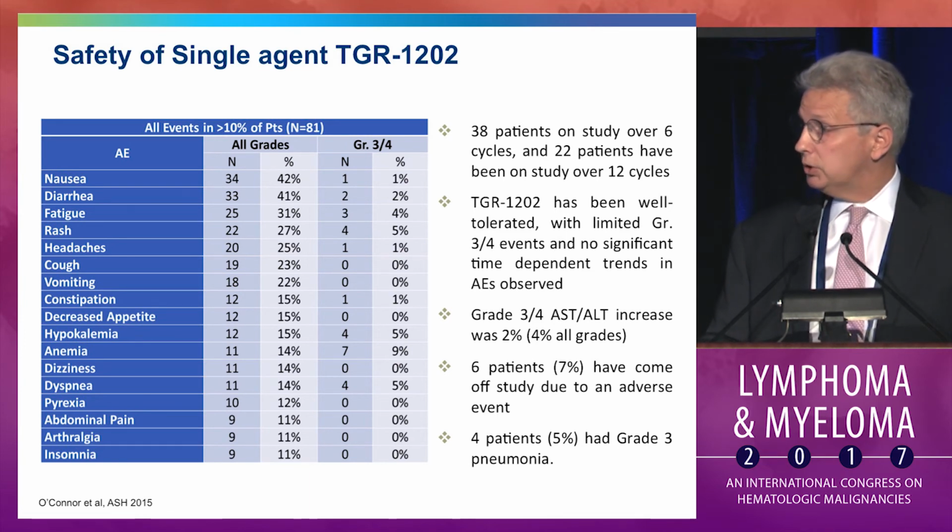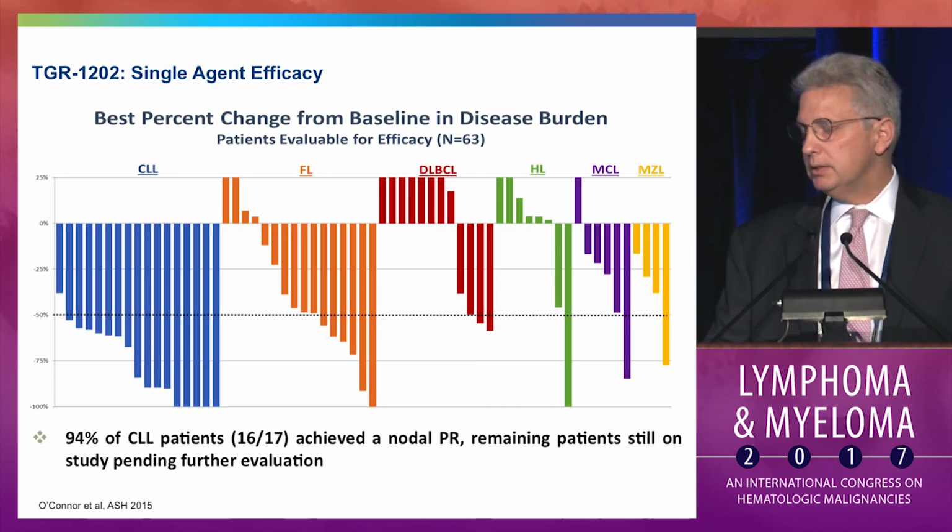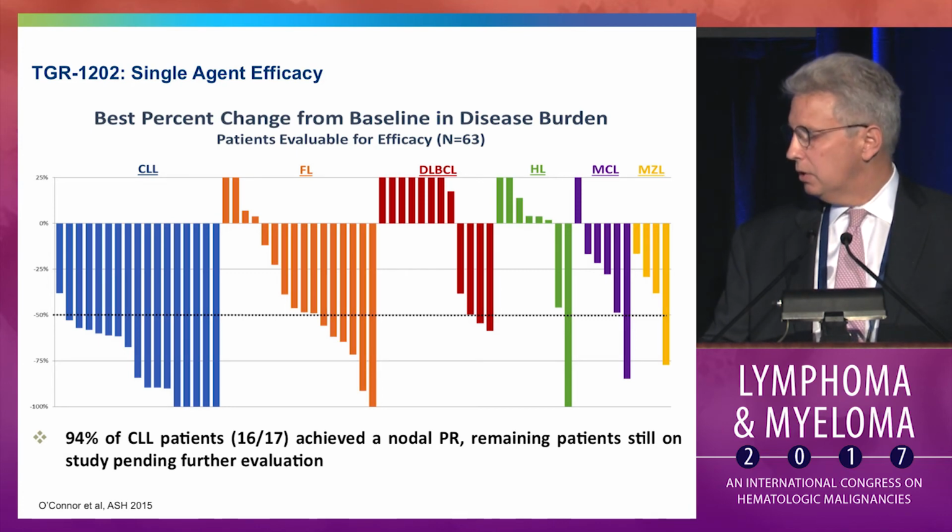It's a little bit hard to interpret some of the other data, the infectious toxicity, because this included patients with lymphoma in that analysis. This is the waterfall plot of the patients, the single agent on the phase 1 trial. You can see that in the CLL patients, 94% of the patients, or 16 out of 17, had achieved at least a nodal partial remission with greater than 50% reduction in the lymph node sizes. So I think very early, very encouraging data with